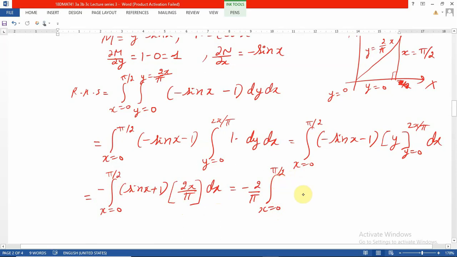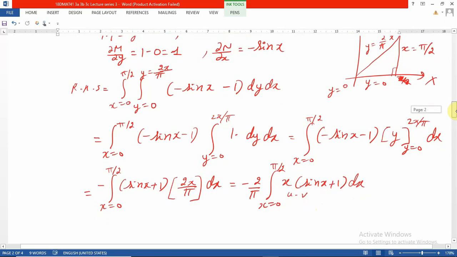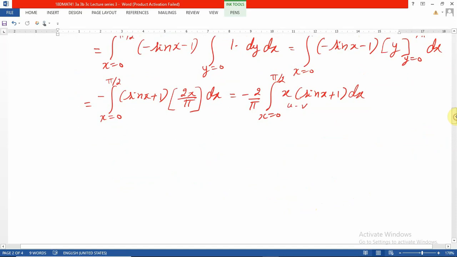First I will take x as it is, and this is going to become sin x plus 1 dx. Looking at the equation, it is very clear that first it is the u into v rule. Please go to the integration formula, or you can just watch my previous video in the playlist. I have given integration of u into v. In the integration of u into v, I'm going to integrate this 2 upon pi as it is, no change,